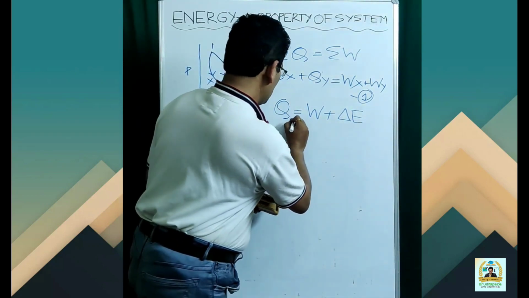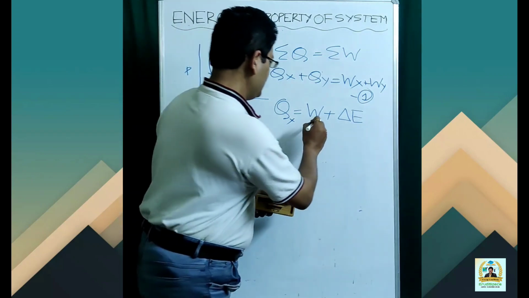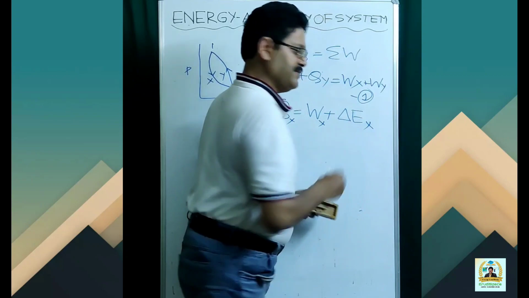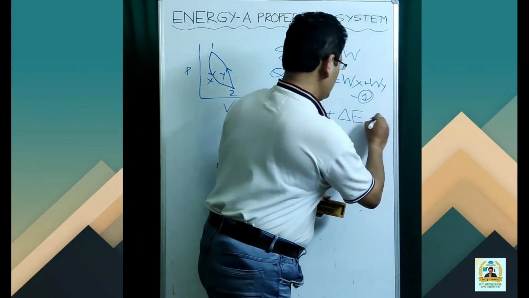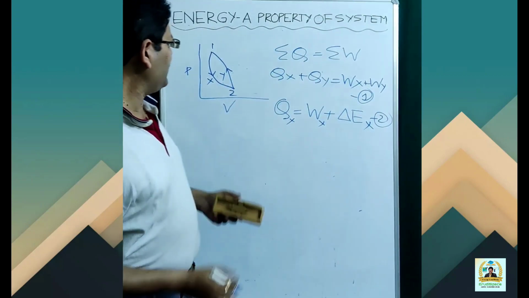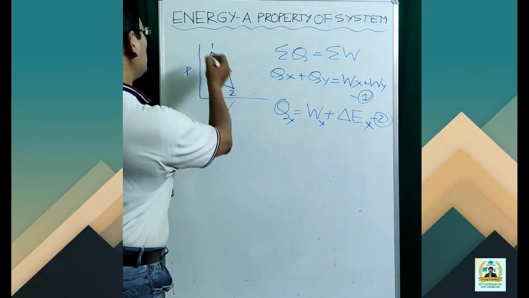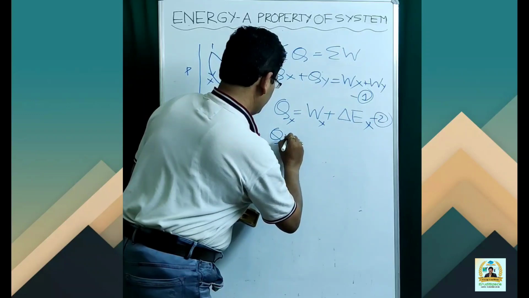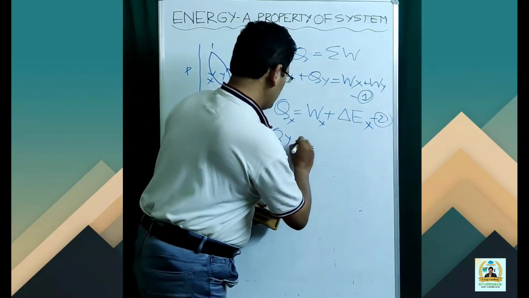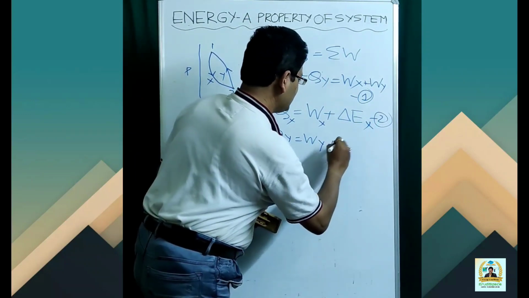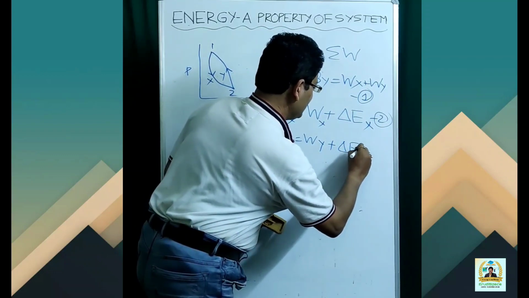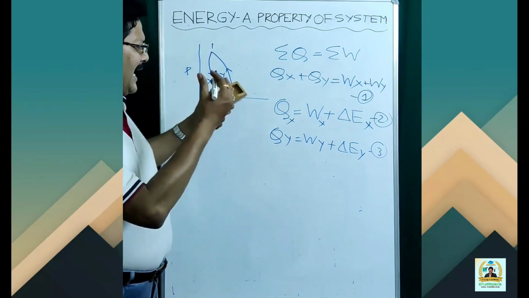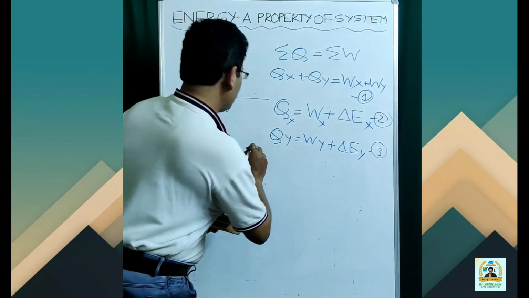This is Qx, this is Wx, and this is delta Ex. Let it be equation 2. Similarly, for path 2y1, we have Qy is equal to Wy plus delta Ey. This is equation 3. If we add equation 2 with 3, we get